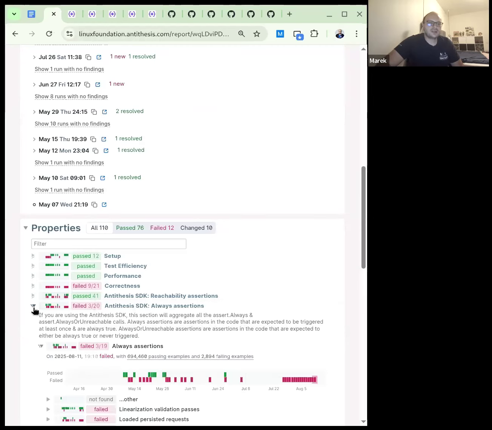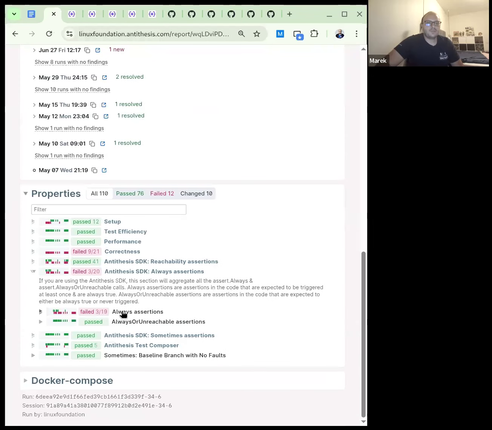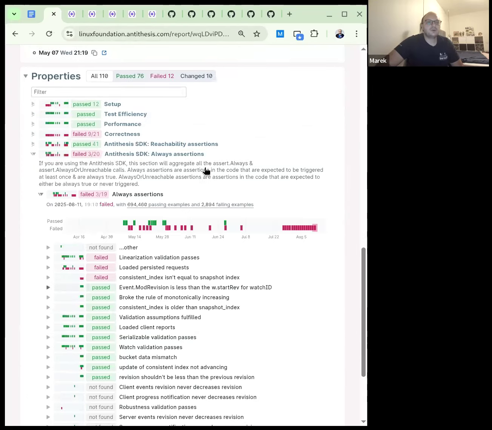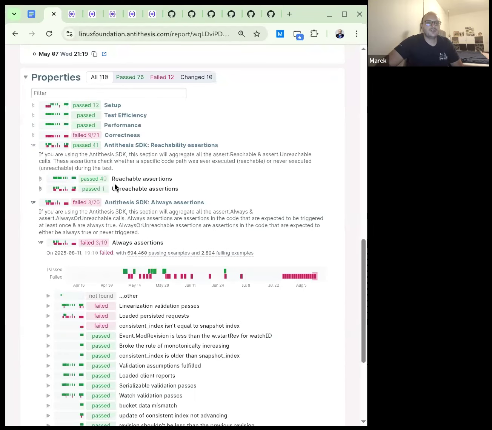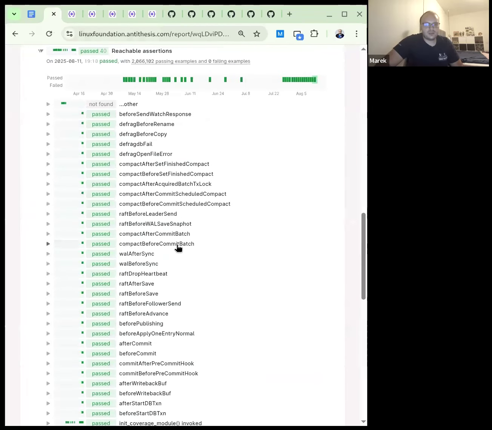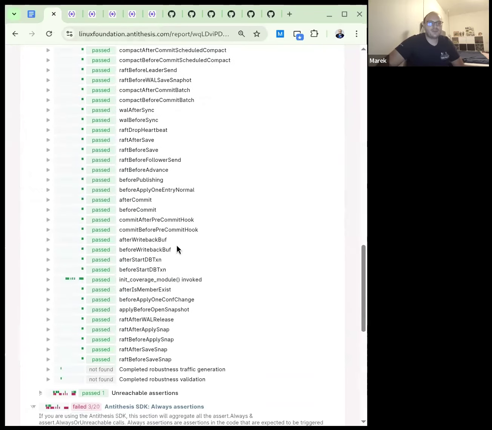Those assertions are now used by Antithesis to guide the exploration. So we have two new types. I'm horrible at using the UI. So this is reflected in now 40 instead of 3,